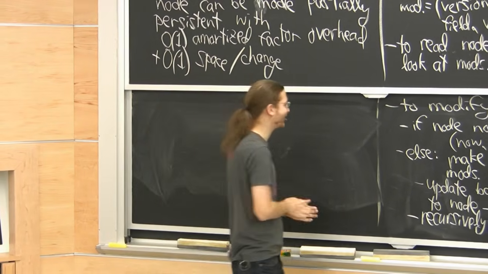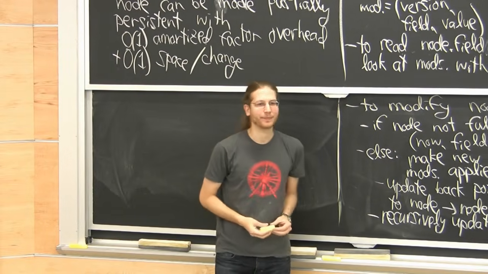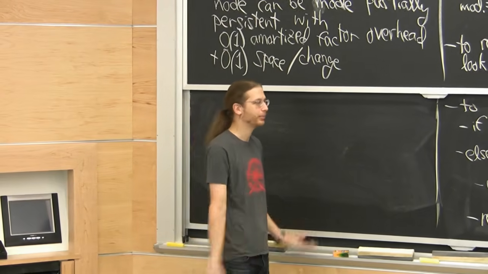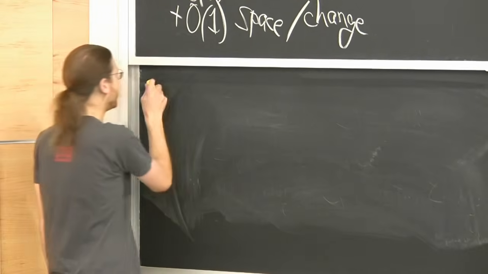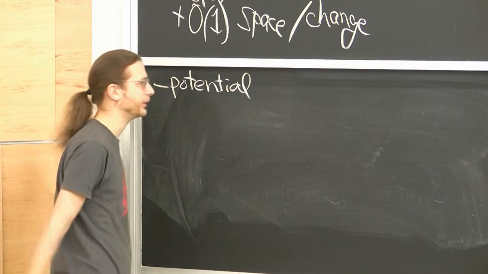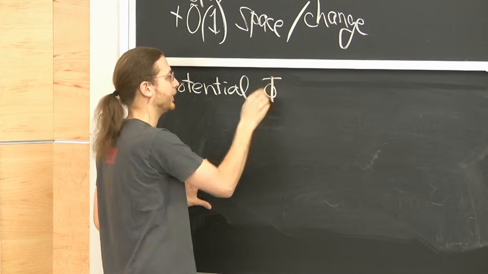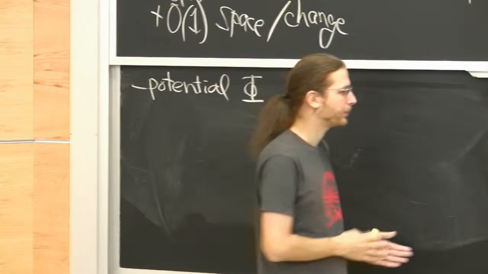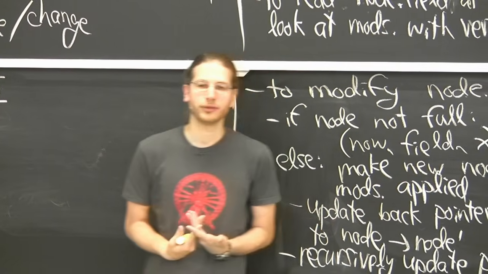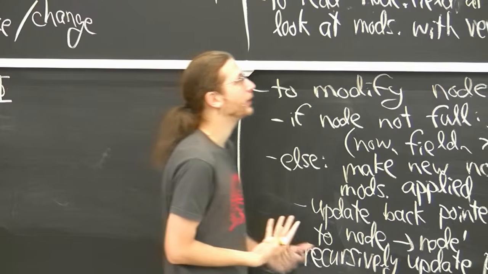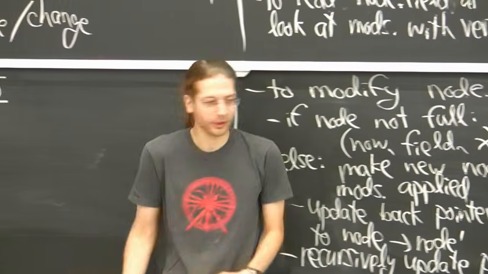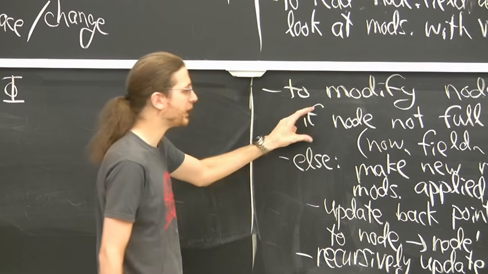Amortized analysis, exactly the answer I was looking for. You should all know amortization. The most powerful technique in amortization is probably the potential method, so we're going to use that. You'll see a charging argument in a moment. We want the potential function to represent when this data structure is in a bad state. Intuitively, it's in a bad state when a lot of nodes are full, because then as soon as you make a change in them, they will burst, and you have to do all this crazy recursion and stuff. This case is nice and cheap.